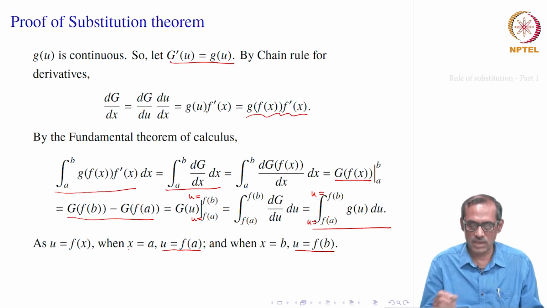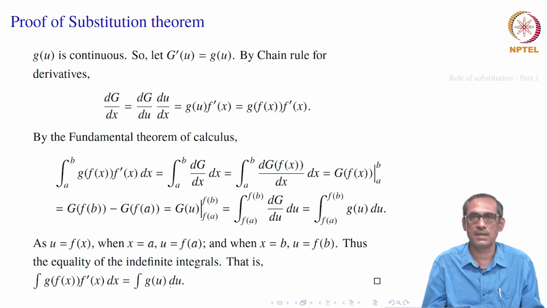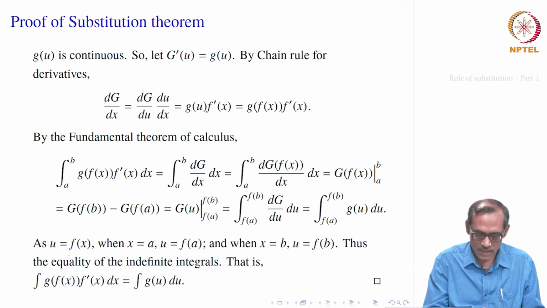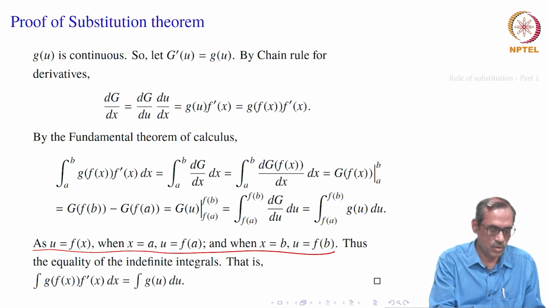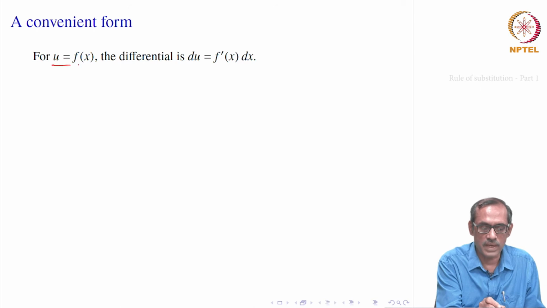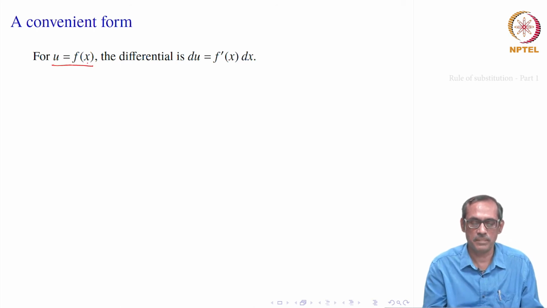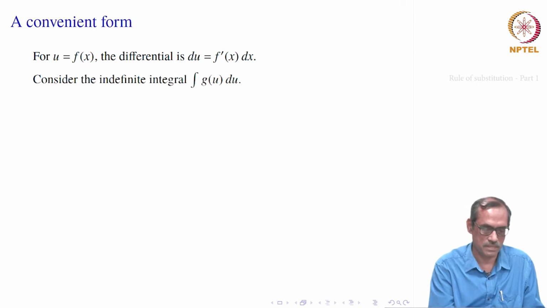So, directly you can see that by taking the indefinite integral, we get the integral of g of f x f prime x equal to the integral of g u du. But again, this one we can really take as a rule and make a simplification instead of going through this composition and all the others. So, we now look at the same thing in a different way, but considering the differential. Suppose u equal to f of x, that is what we have taken there. Now, its differential is du equal to f prime x dx.